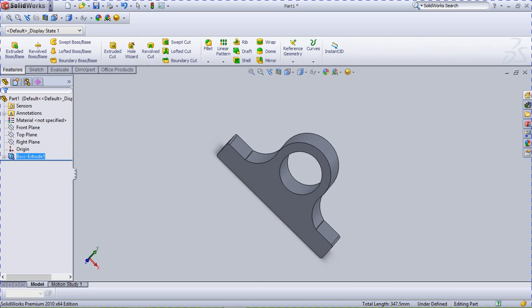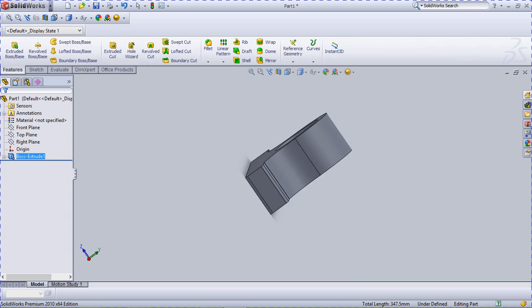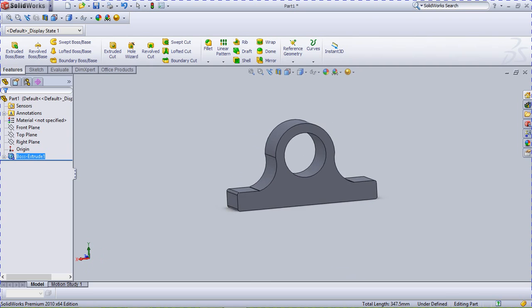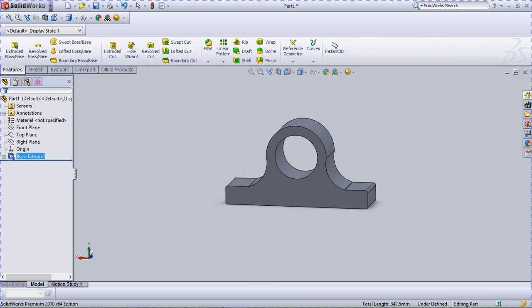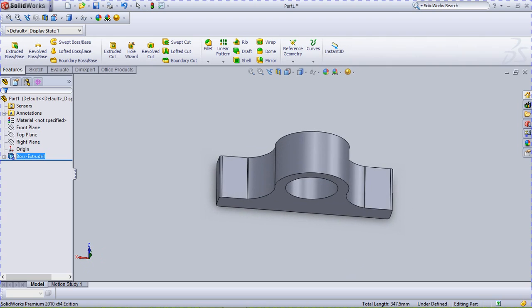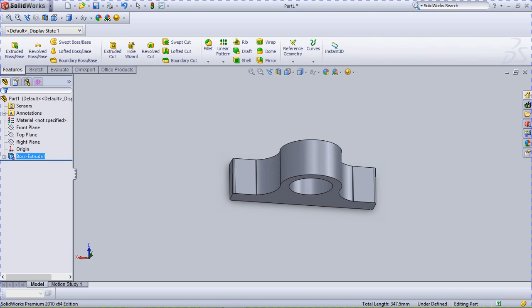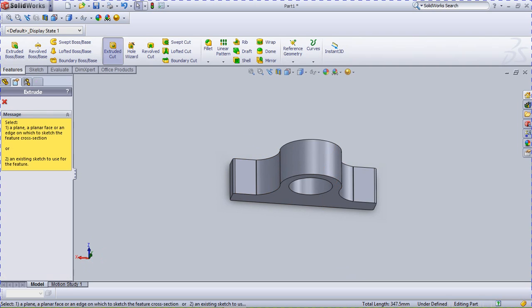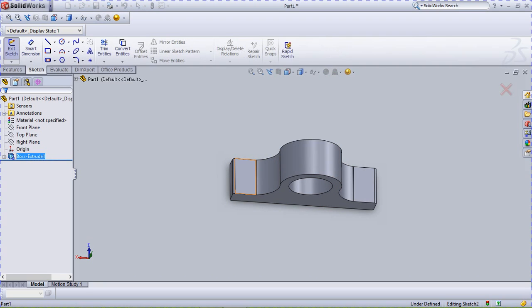Now I want to fix a bolt. Yeah, the bolt should be fixed in this flange to keep this bearing block from coming out. So use this extruded cut command. Yeah, select the plane, extrude circle,